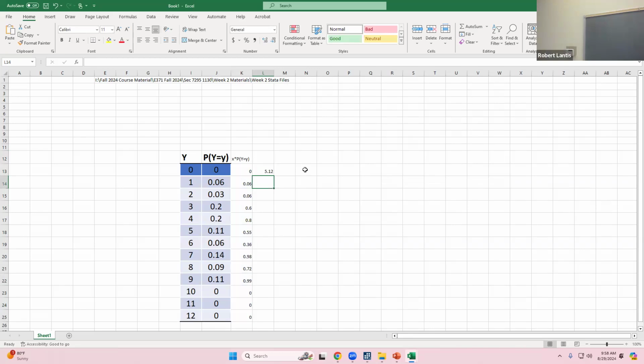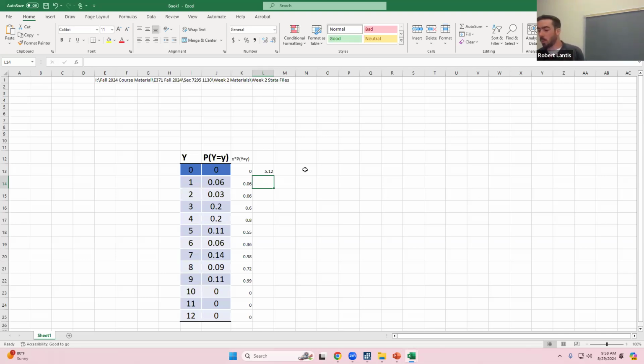You can do it by hand, but Excel makes this pretty handy as well. Hopefully, whoever you had for 370 or the equivalent showed you how to use Excel. I partner everything I do with showing students how to do it in Excel. If you didn't, I won't use Excel a ton. We're actually going to be using Stata a lot more, but as a quick way to show you, it makes it pretty handy to do calculations instead of doing them by hand.